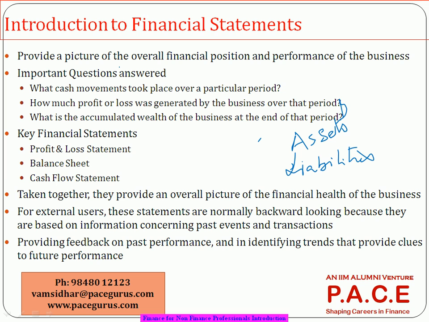Though your profit and loss statement is more and more notional, as per the accounting norms, cash is a reality. So what we can actually do is, by combining the profit and loss statement and the balance sheet, the cash flow statement can be generated. This is like a derived statement, because profit and loss and balance sheet are the two key pillars which will explain the whole business. Using those two, I can prepare a cash flow statement.